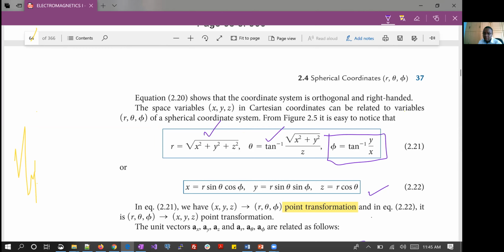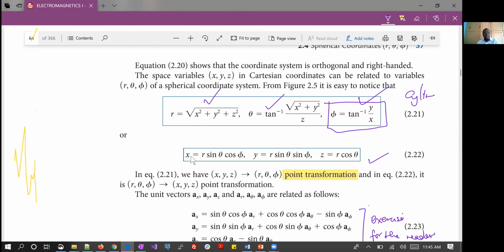So definitely we did this one in cylindrical, so I don't have to repeat that. Therefore, you need to get conversant with that. And now you can also do the reverse of what you have done, from spherical to Cartesian, meaning